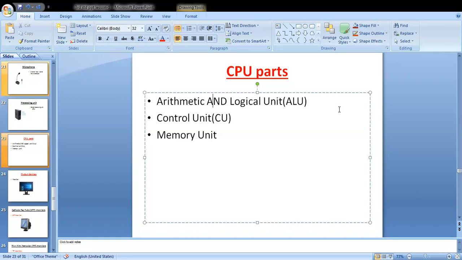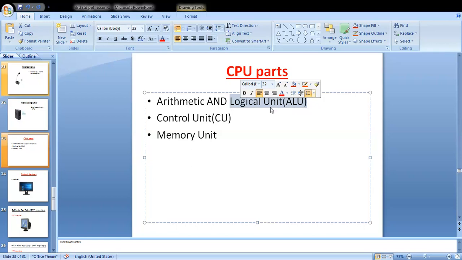All the calculations in computer are done by ALU. These are the CPU parts. All calculations are done in arithmetic and logical unit, that is ALU.